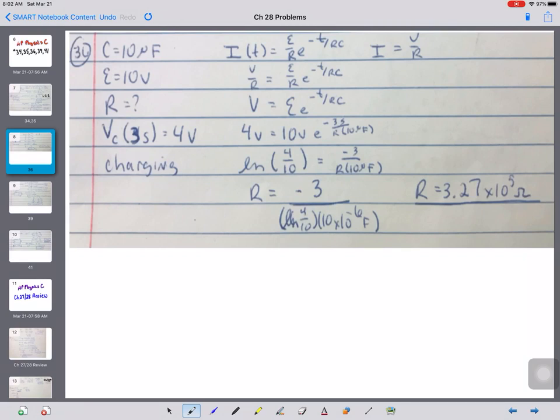Number 36. You're dealing with an RC circuit when you're charging. You know what the voltage is at 3 seconds, and you want to solve down for the resistance. So we're pulling the current equation when we're charging, and again, I plugged in EMF over R for I naught. To go to a voltage equation, basically if we divide the R